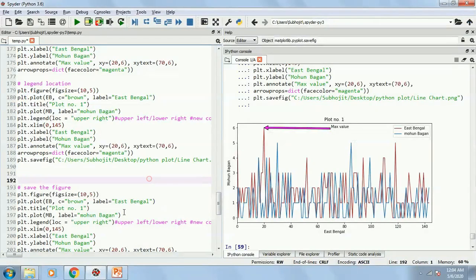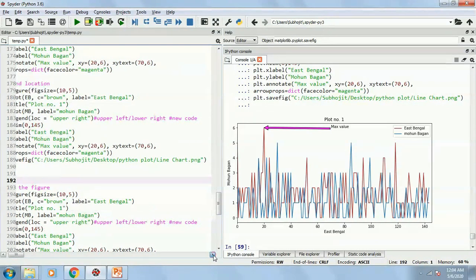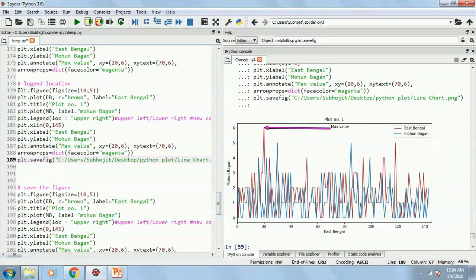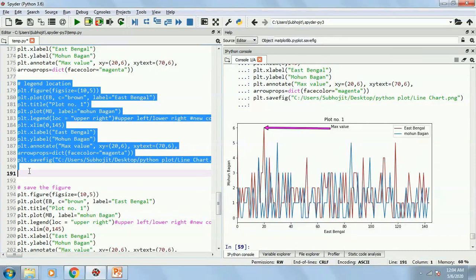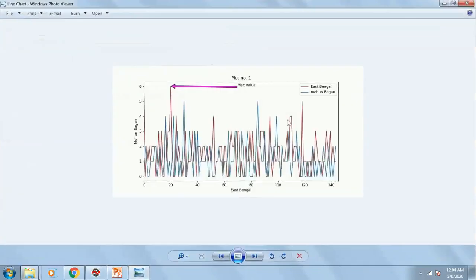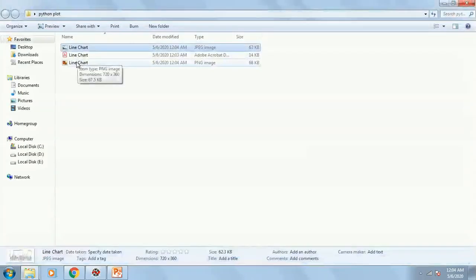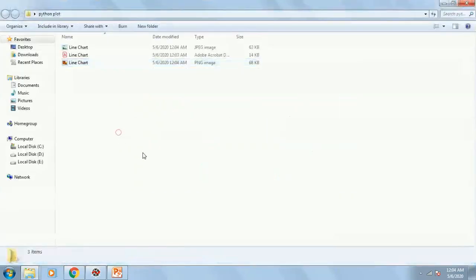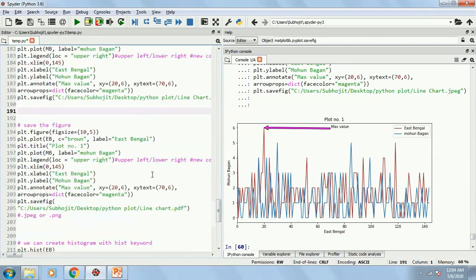Similarly, you can do a JPEG. It will be saved as JPEG like this. Just change the format extension, so now it will be saved as a JPEG file. Okay, and this is a PNG file. Alright, you can save it.